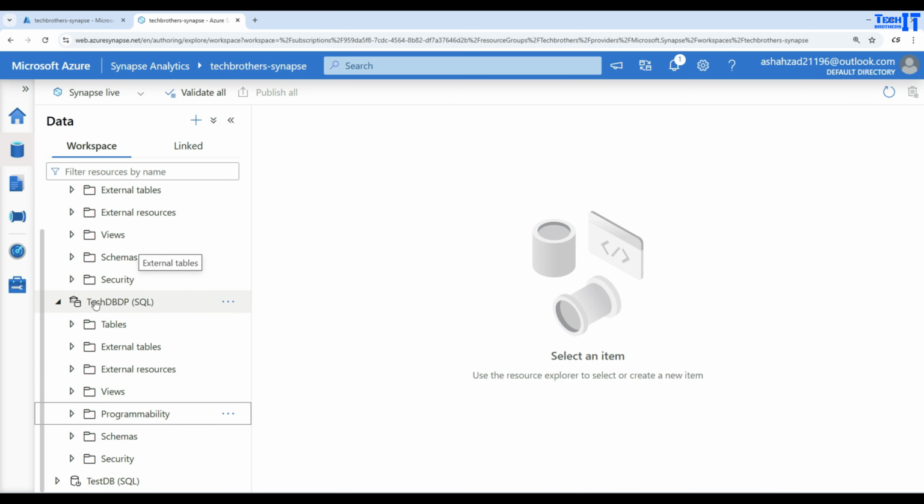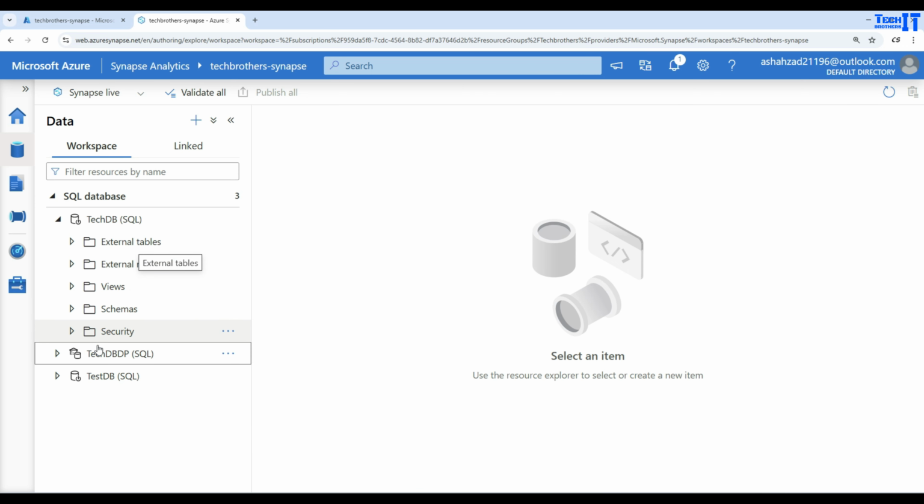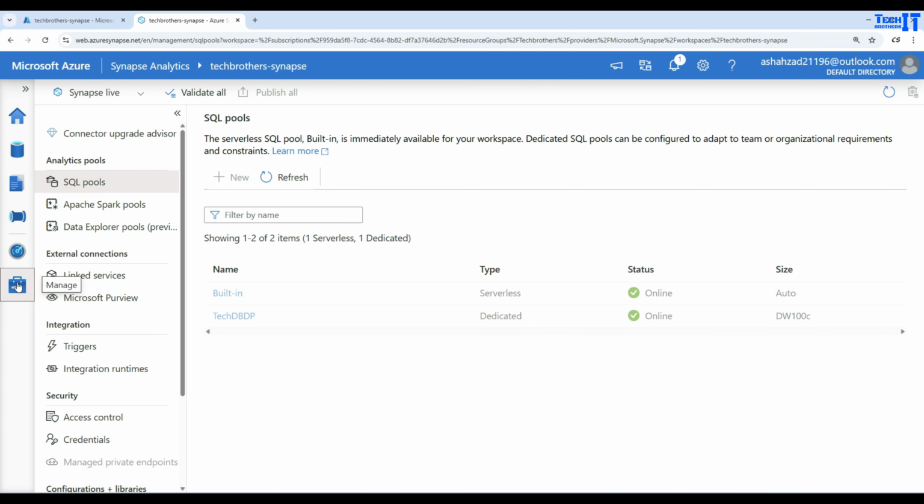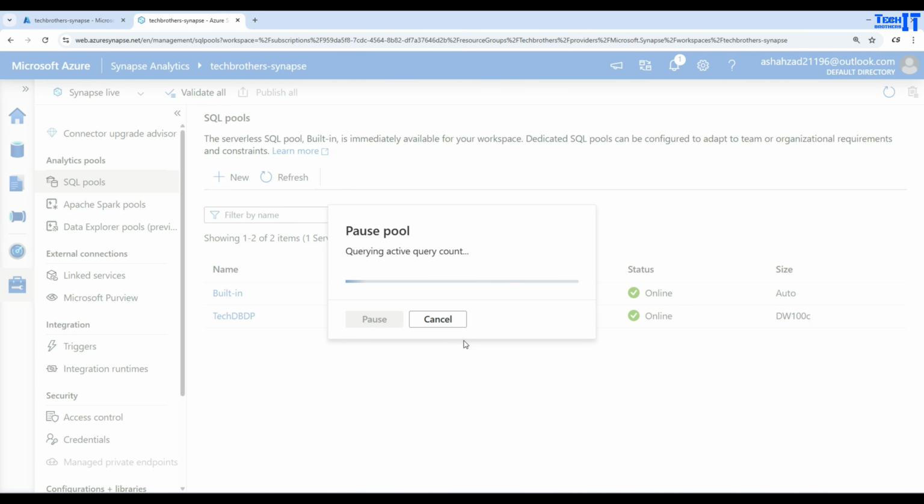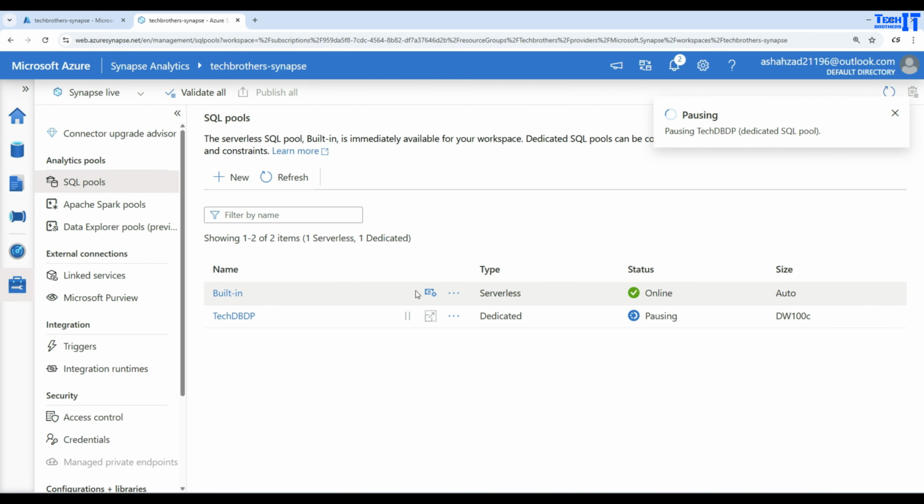So I think this is it for now, and what we are going to do is go ahead and pause this because we are not going to use it, and then we'll come back for another video, and then we will start again, and then we'll write some queries and perform some other